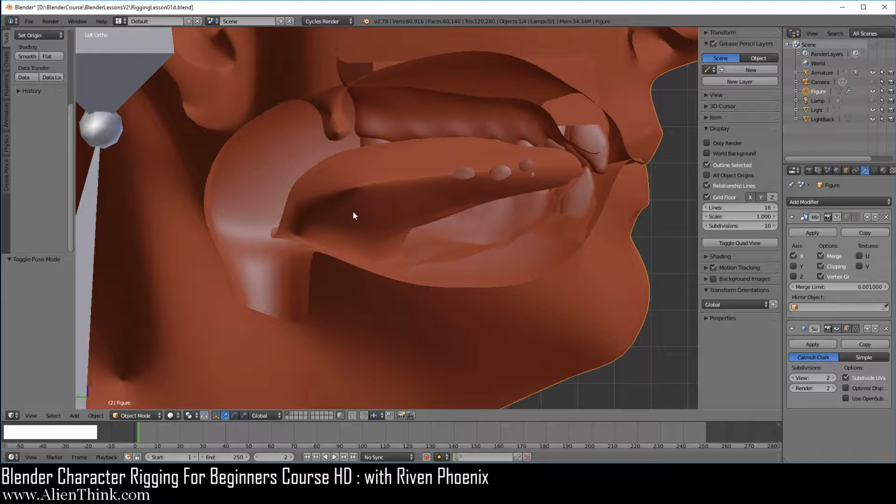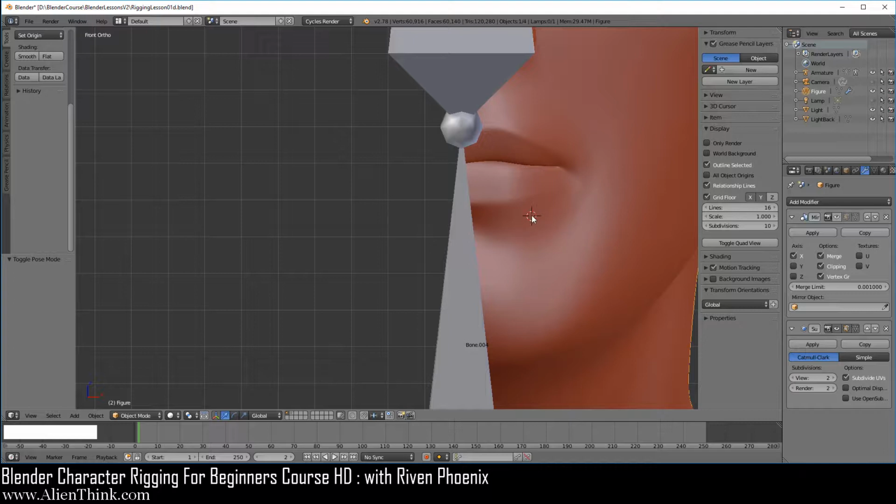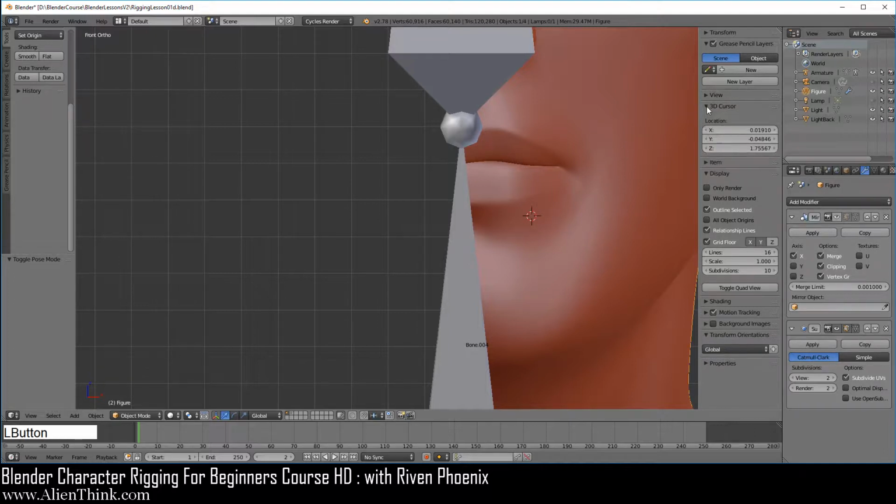So here what I want you to do is a left click over here to bring the 3D cursor. Now we need to position this 3D cursor correctly. If we press the 1 key, we can see that the 3D cursor is kind of off to the side. So over here in this panel, go ahead and open this up. We know that the Z location is going to be correct because that's just the up and down arrow. And we also know that if you look over here on the axis, this is the x-axis.